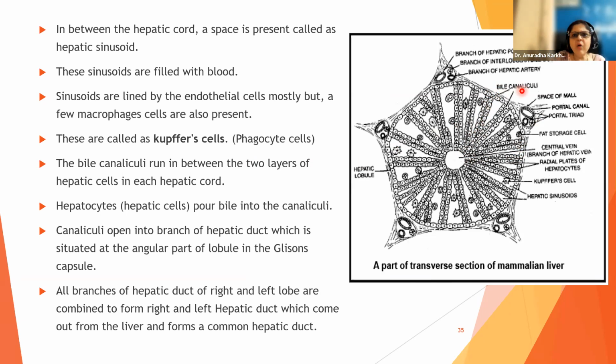Got it? Now who is making bile for it to come into that gap? Do you know who makes it? Let us see who makes it. See, hepatocytes or the hepatic cells pour bile into the canaliculi. So these two rows of cells that you can see, these are the hepatocytes, and these hepatocytes are going to make the bile. Now when they make it, they have to pour it somewhere, right? So they pour it into these gaps. So these gaps will be called as what? Canaliculi. Is it okay? Understood?